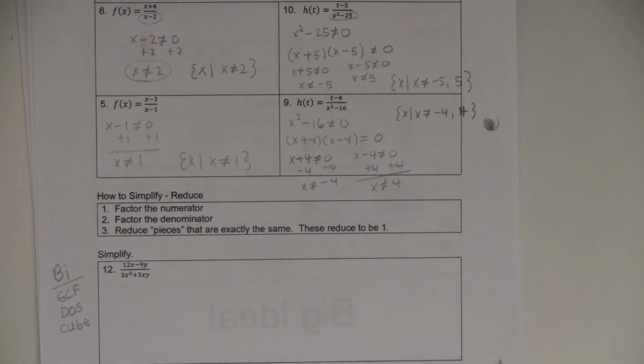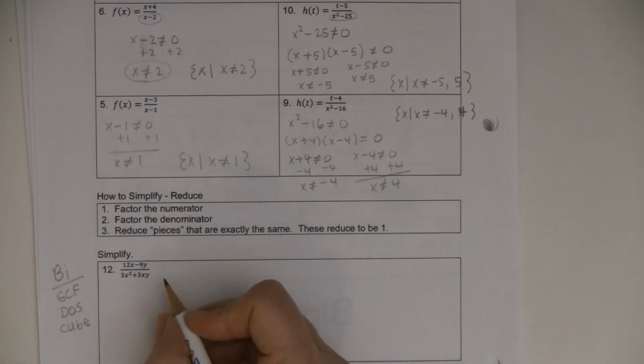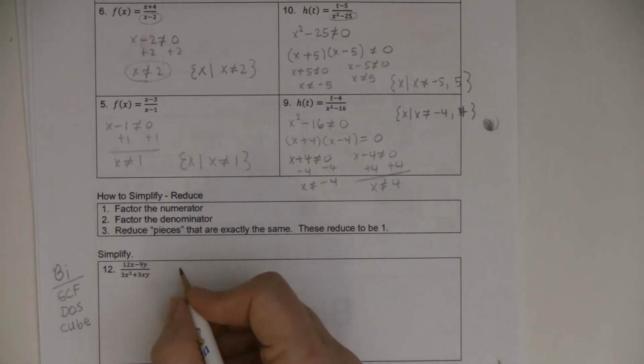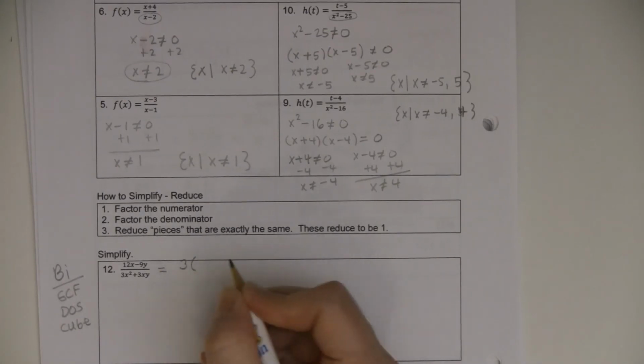I had to have a little sip of my water, and yes, it does. The common factor in the numerator is 3. 3 goes into 12, and 3 goes into 9. And so remember how I was telling you guys, you attack the smallest number, which is 9. And 9 doesn't go evenly into 12, but things that divide evenly into 9 do, like 3. And that's the only thing that goes evenly into 9 other than 1, and 1 goes into everything. So the greatest common factor is 3. So you put it in the front, and